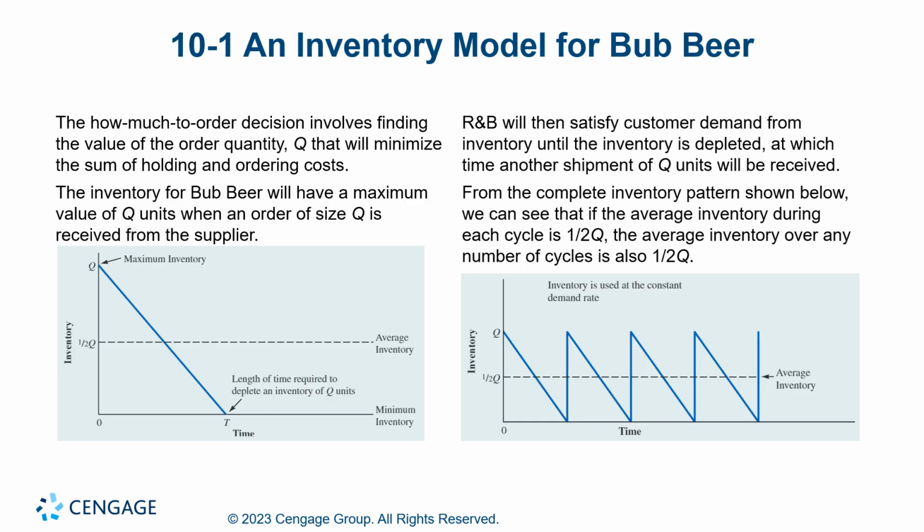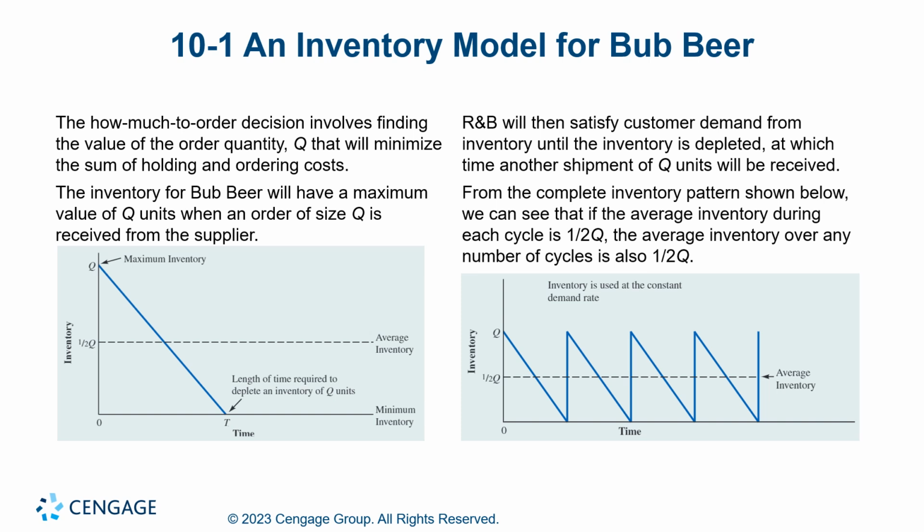So the holding cost, the ordering cost, and the demand information are the three data items that must be known prior to the use of the EOQ model. After developing this data for the RMB problem, we can look at how they are used to develop a total cost model. We begin by defining Q as the order quantity, and therefore